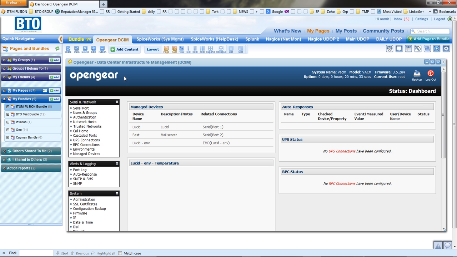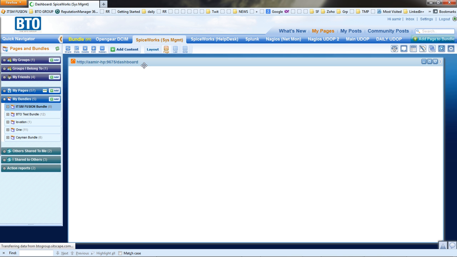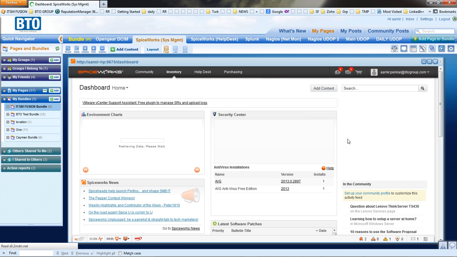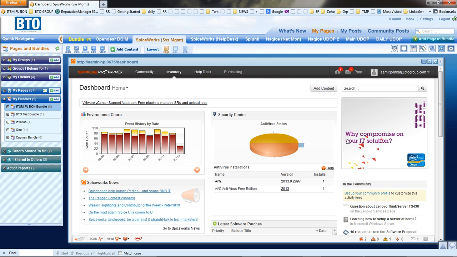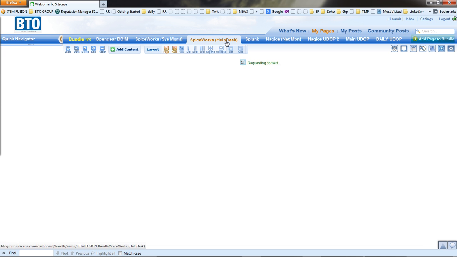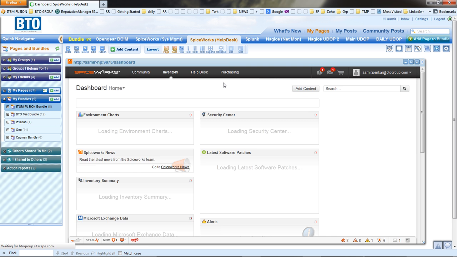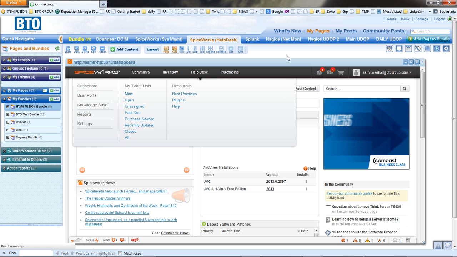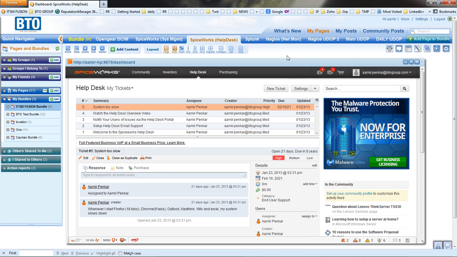So just like that, we have several different applications listed out, from Spiceworks, which starts with systems management, showing you the dashboard, currently with all kinds of data actually loading, security center, environment charts, etc., all the way to the help desk, which would show you the open tickets as far as, let's see if we can get this loaded quick enough, and get to the help desk, and let's see some open tickets that could be assigned to the end user who's actually working on them, as well as a few other applications that could be used in this